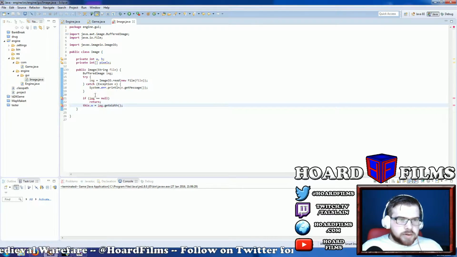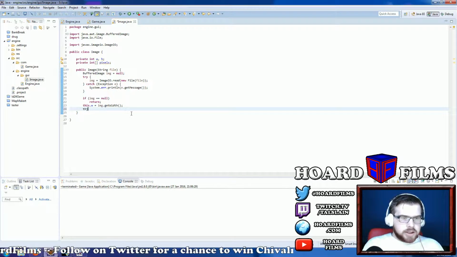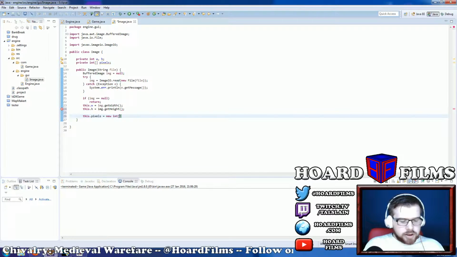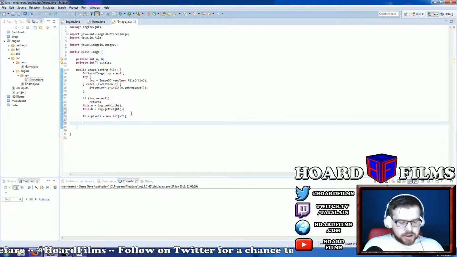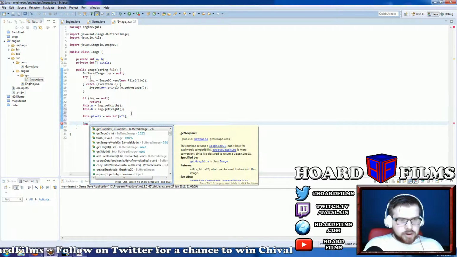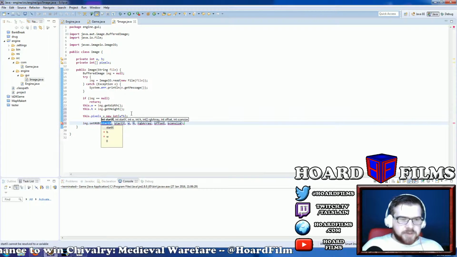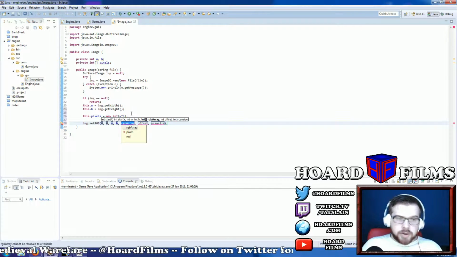Here what we're going to do is, what's wrong with the image up here? Initialize variable. This dot h equals image dot get height, and then this dot pixels equals new integer array width times height, and then finally what we're going to do is image dot setRGB. Start X is obviously 0, start Y is 0, the width and the height are W and H